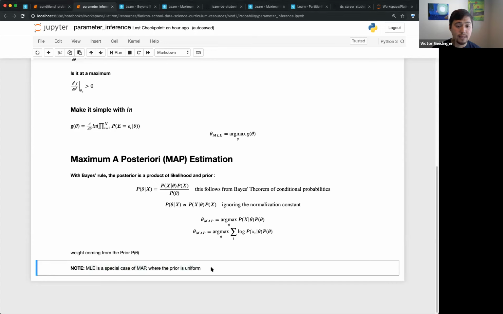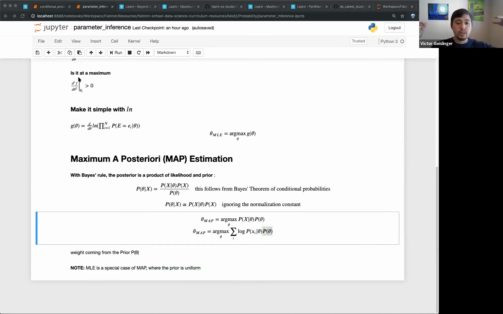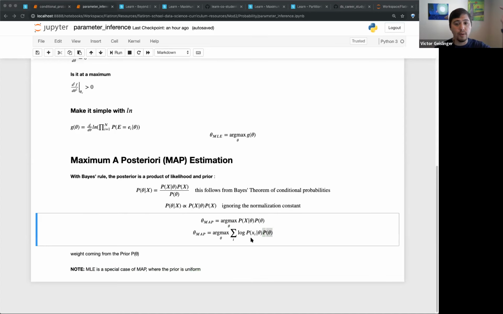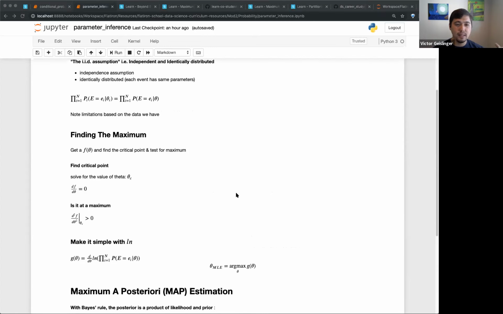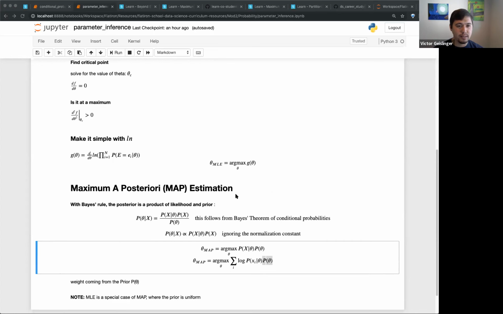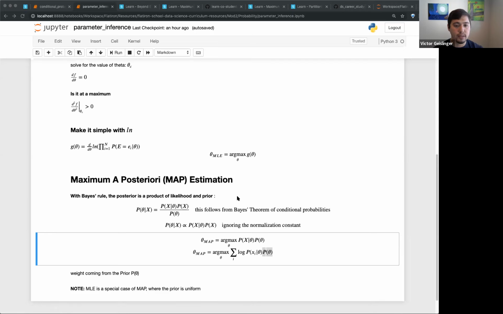But what's nice is that if it's uniform, then we can just say, oh, it's MLE. And that's just the difference right here. It's coming from here. But you approach it in two different ways. You use Bayes' theorem first, or you basically start off with the fact that these things are identically distributed, basically that it doesn't change between different aspects. You're going to get either heads or tails, 1, 2, 3, 4, 5, 6.